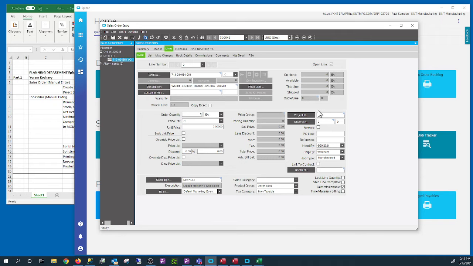We put a quantity of 3, and then we specify the price. If there was a price specified in the system, the price would have come automatically. If there isn't, you basically specify the price right there in the unit price. And that's it for entering the line.